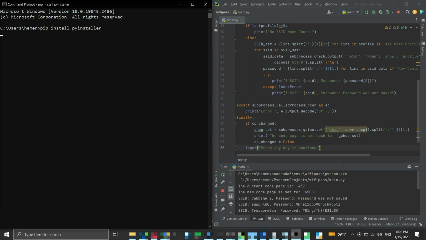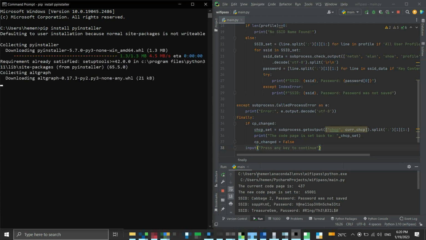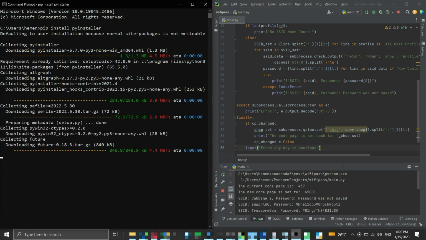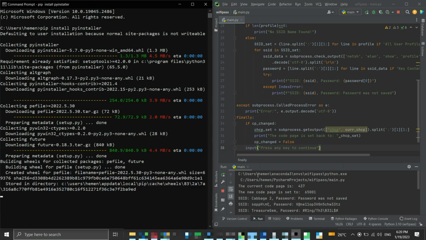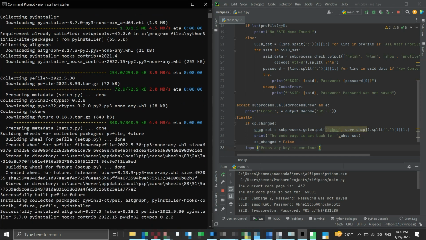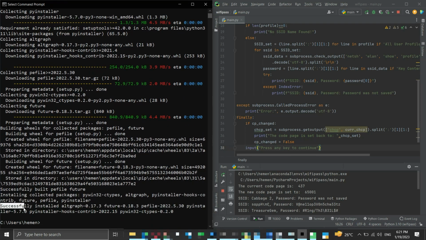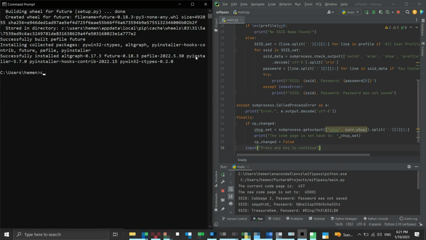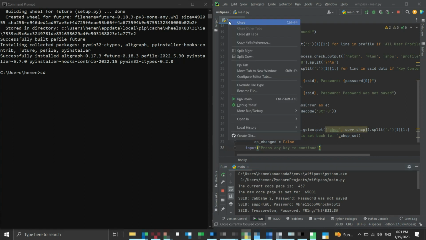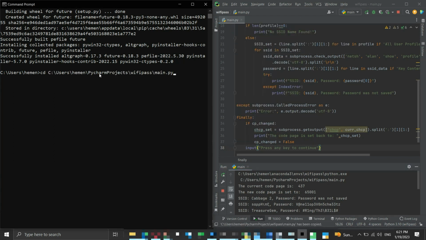Pyinstaller bundles a Python application and all its dependencies into a single executable package. The user can run the package without installing a Python interpreter or any modules. Once pyinstaller is installed, navigate to the location where your Python file is. Now to create the EXE, type the following command: pyinstaller space